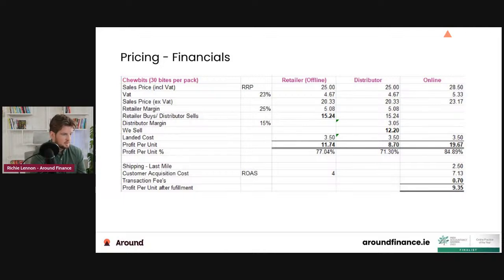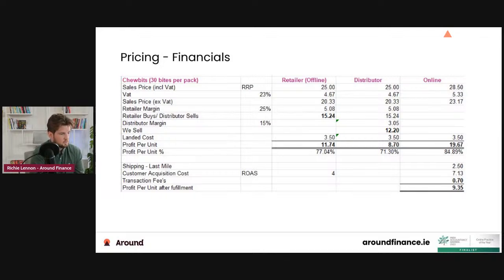And then your landed cost is the cost of making it, getting it in a box and getting it into a state that's prepared to sell, or what is this landed cost if you're buying it from China or clothes from Portugal, whatever that might be. The landed cost is the cost to get it into the warehouse, ready in a state that's ready to sell. And what I'm showing here is, okay, listen, if we were to sell it directly to